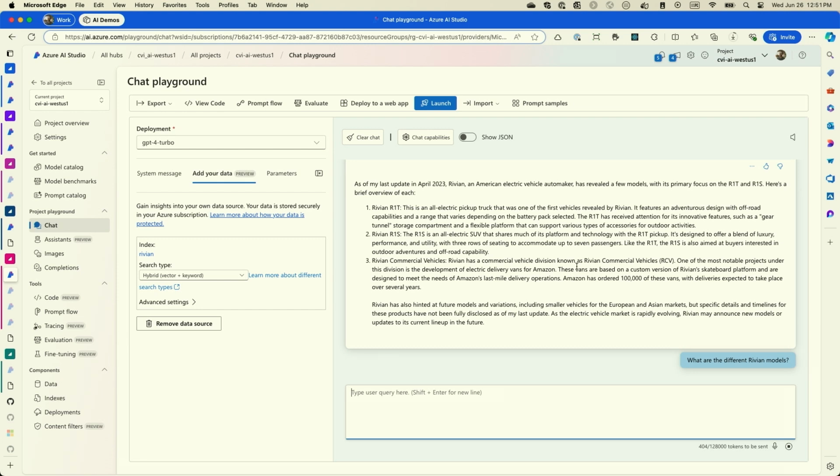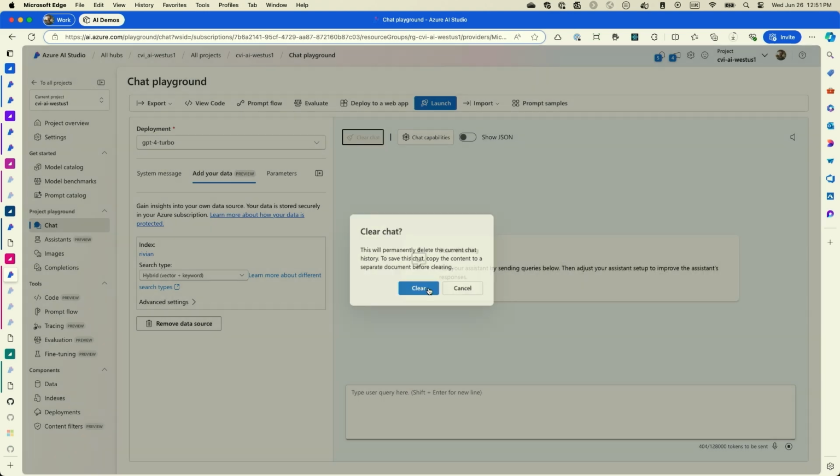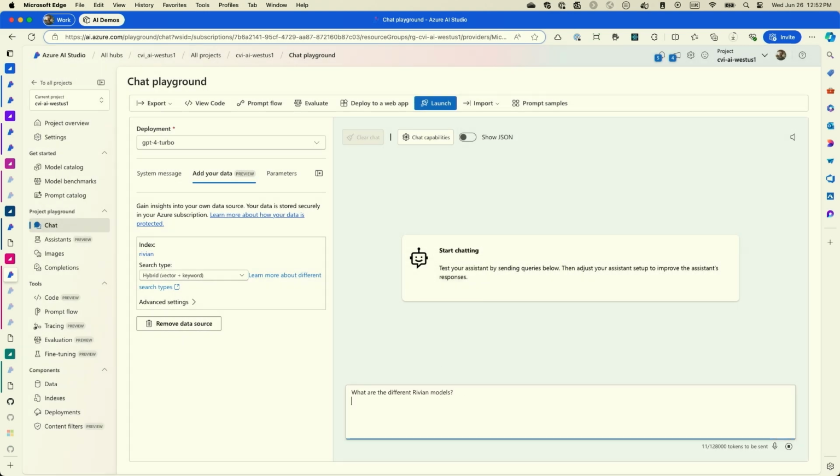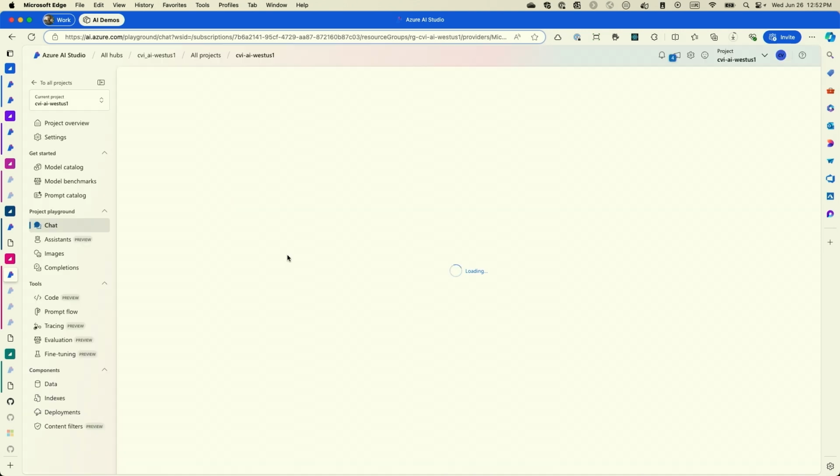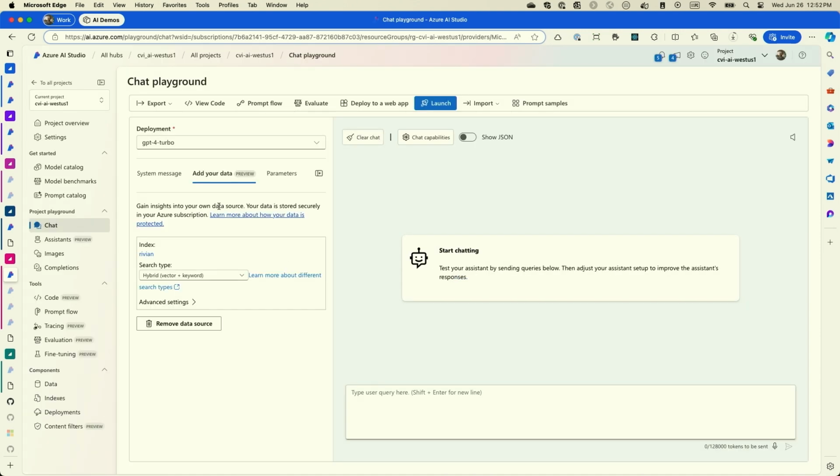Huh, is it bugging? That's the problem with live demos. Let me clear, I'm gonna copy that. I'm gonna copy, clear, and rerun. Okay, I'm gonna refresh. Okay, I have the index still selected. Now I should be able to,